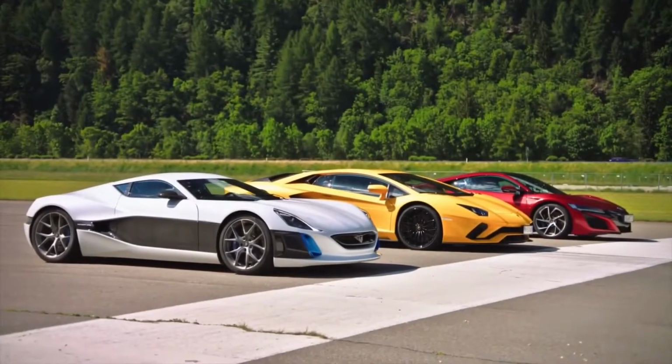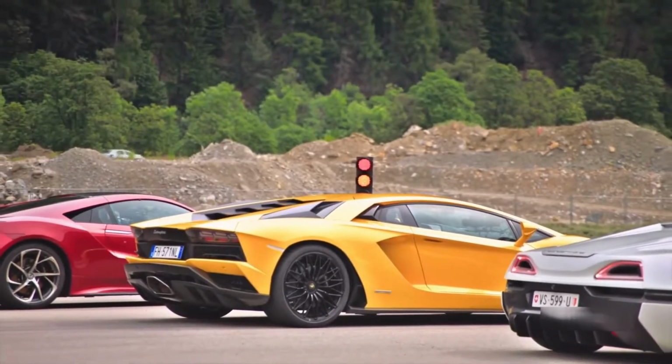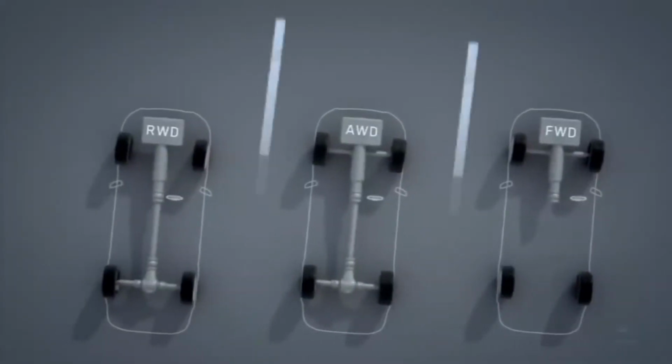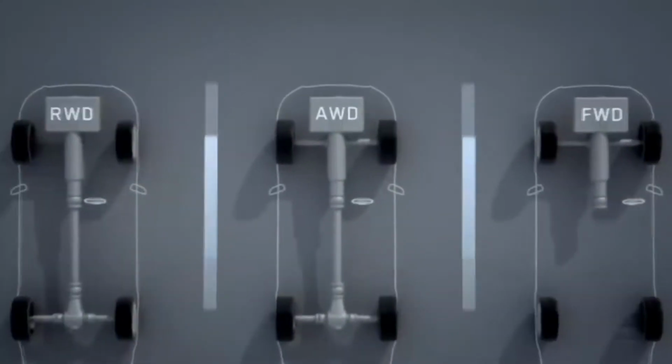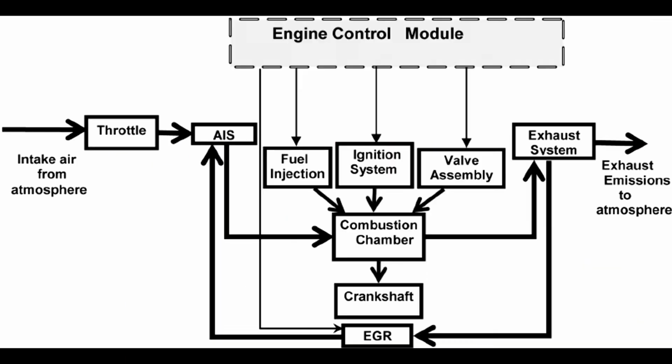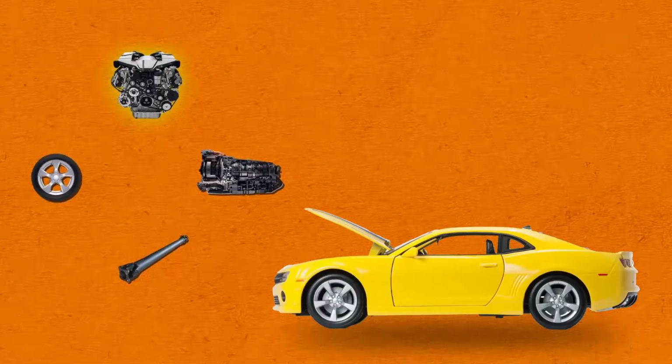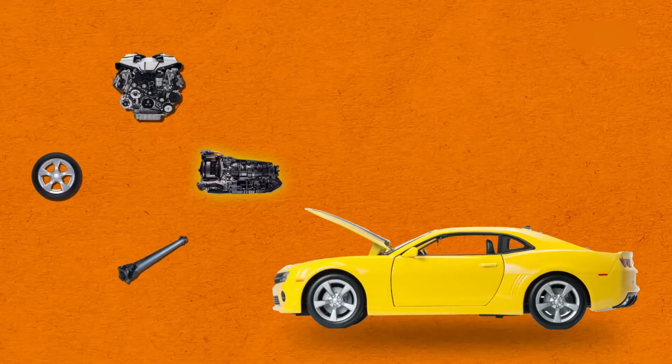In this video, we'll be discussing and going in depth about the anatomy of an internal combustion engine car. Specifically, we'll be looking at what front-wheel drive, rear-wheel drive, and all-wheel drive is, the difference between turbocharged, supercharged, and naturally aspirated engines, what horsepower and torque are, and how the car converts fuel to energy, launching a car, different